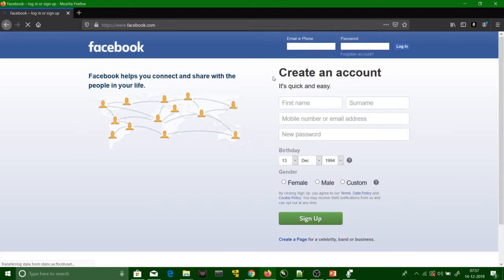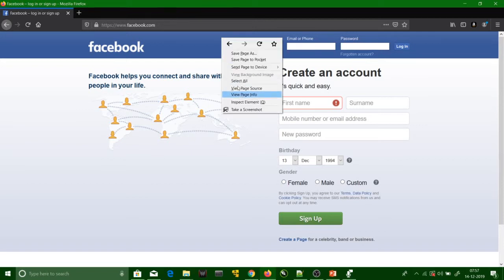Okay, so here we can see there are some input tags, which are inputs for username or phone number. Then you have the password input, first name, surname, mobile number. So these types of websites you can clone to do the phishing. Cloning means just copying the website and saving the source code of the website on your system first.